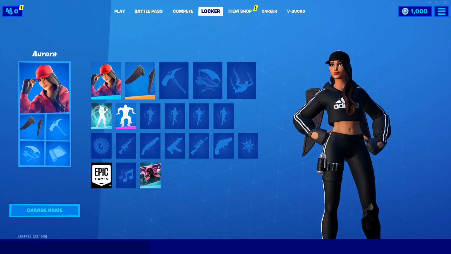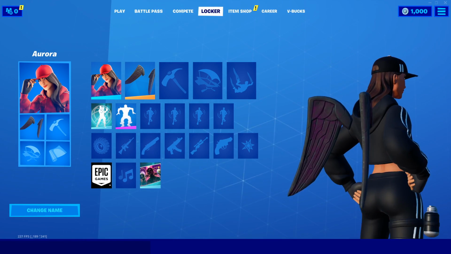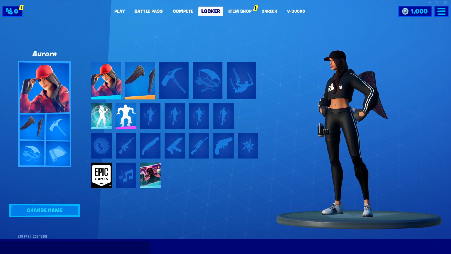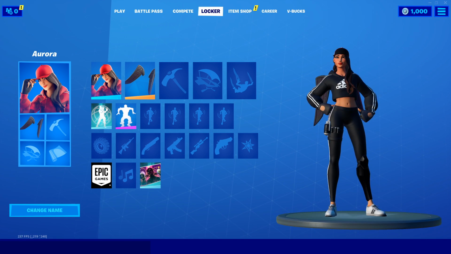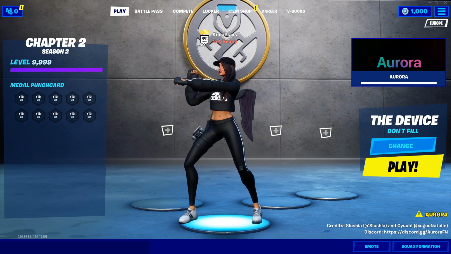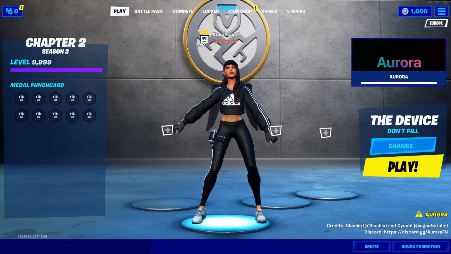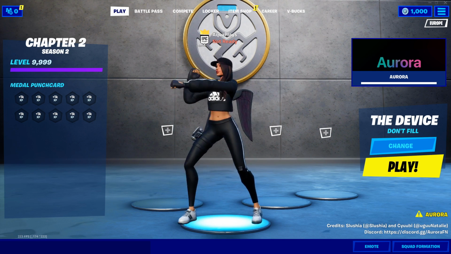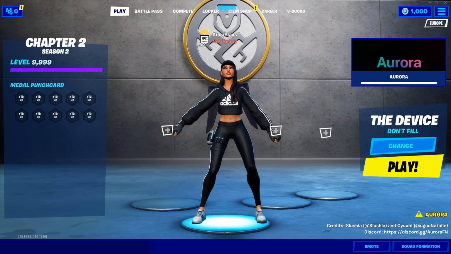This is one of the custom skins that I made a while ago, which was an Adidas Ruby. It's a pretty cool skin. There were a few things wrong with it, such as the red up here, which was due to the metallic layer or something like that. But other than that, the skin works properly and looks pretty decent. This is useful because if you make concept skins, you can put them into the game and get a better look instead of using Blender.